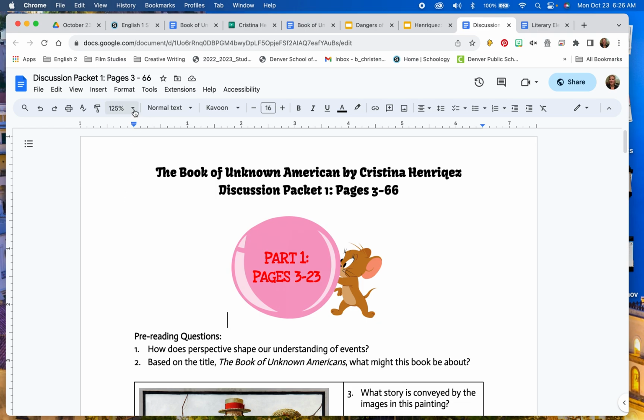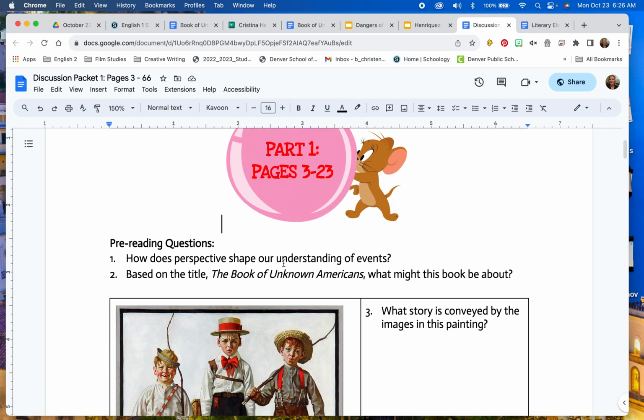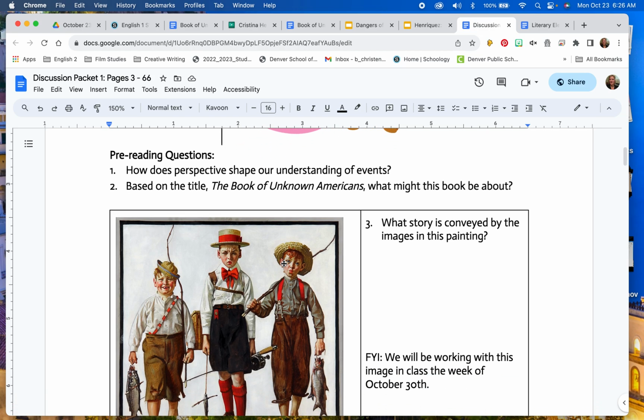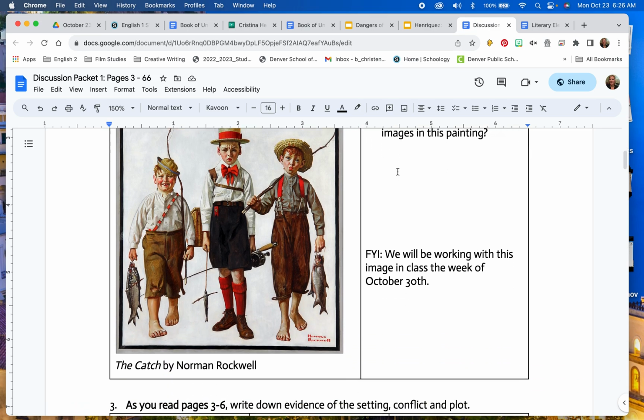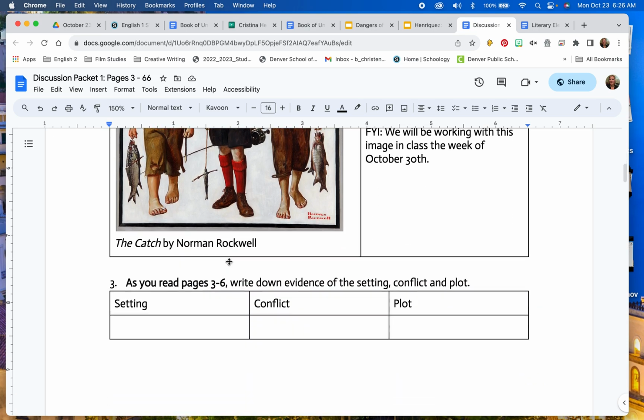So again, you are going to complete part 1 only today regarding pages 3 through 23. So you'll notice it starts out with some pre-reading questions. So go ahead and just type into this document, since it's your document, and answer the questions. We'll be working with this image next week when I get back, so just keep that in mind.